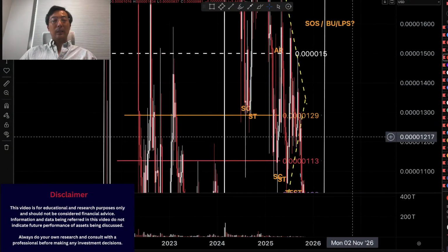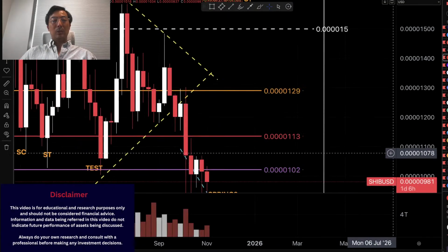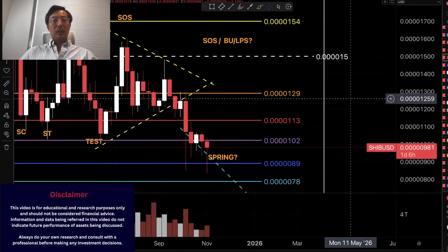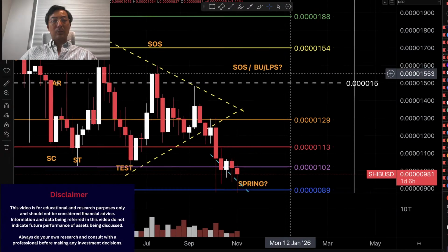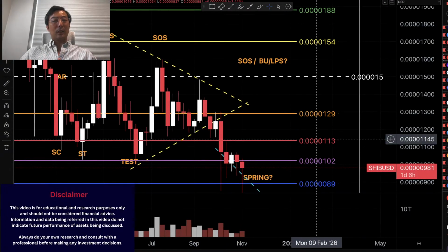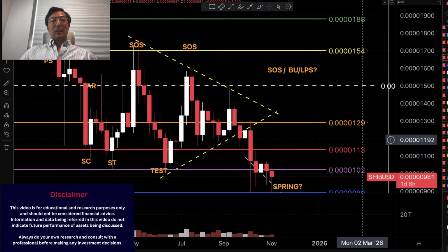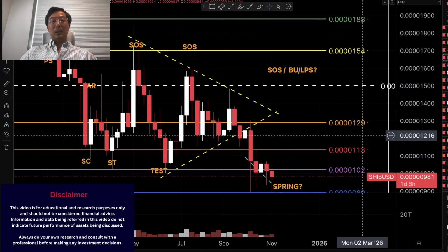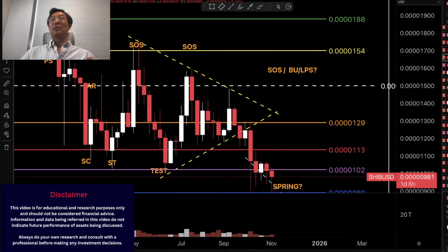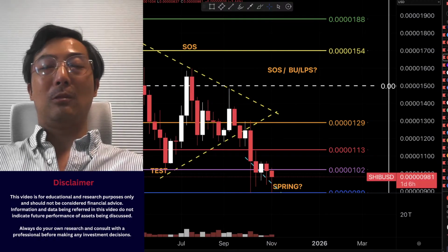In the weekly, that's going to be even more important, because in order to get back to a sign of strength level, it has to go all the way to the yellow. We were just talking about the red and orange earlier in the daily chart. So let's see whether the accumulation is going to finish soon, or whether we are going to see a prolonged accumulation like what we have seen in